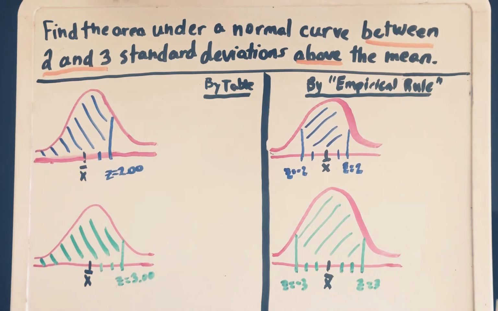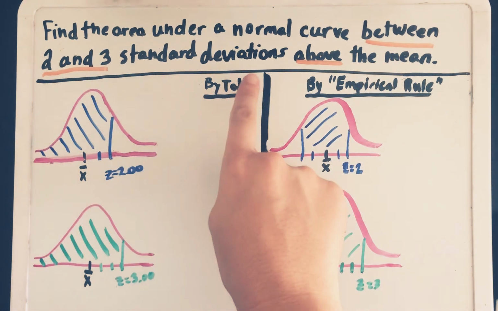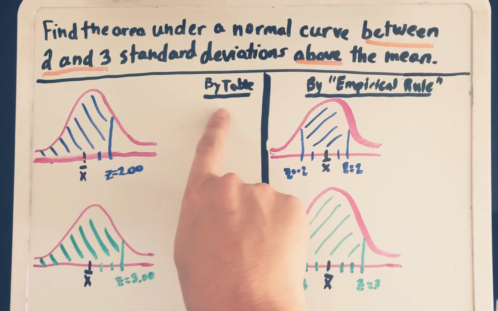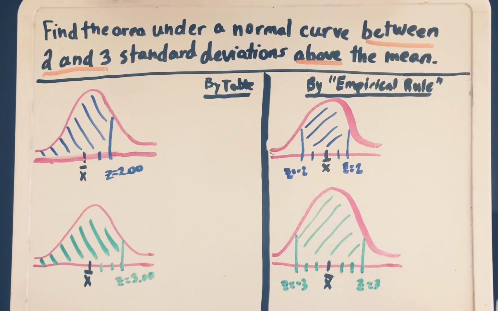Alright, I wanted to make a video class going through a popular homework type of question involving finding area under a normal curve between 2 and 3 standard deviations above the mean. Depending on how the problem is worded, they could be asking you to use a z-score chart like a table, or they could be asking you to use the empirical rule, the range rule of thumb, which again said